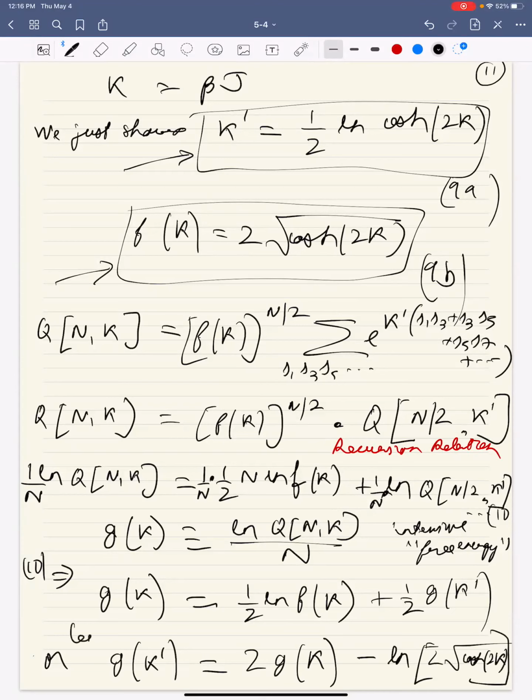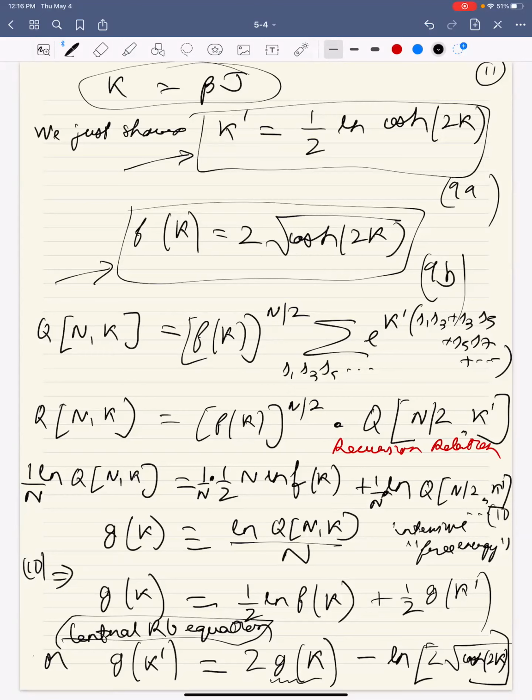And this is known as the central RG equation, the central renormalization group equation. It's got a name central, so it must be very important, right? Do you see what's going on here? You have a system with a certain interaction K, right? K means, once again, beta and J. You know the temperature, you know the interaction energy. If you can solve for the free energy of that system, get it G of K,